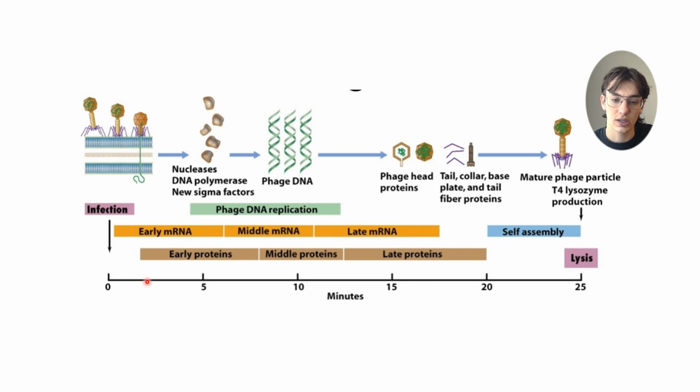So you're going to get early proteins, and then middle proteins, and then finally late proteins. You'll have your nucleases, DNA polymerases, and then you're going to end up with your replication of the phage DNA. And then finally, you'll be making the capsid or outer portion of these phages, and then you'll package them all together. And once they're all packaged up, the lysozymes are produced, and that triggers the lysis of these